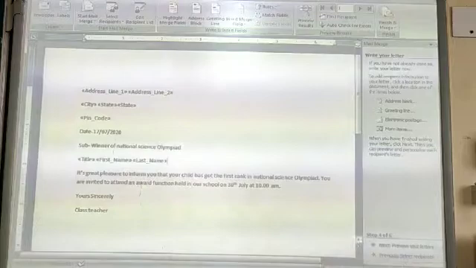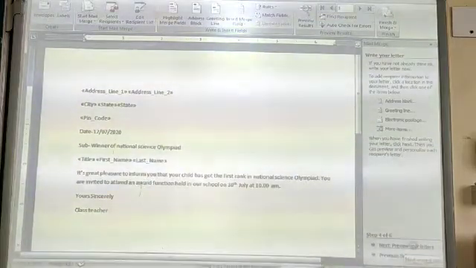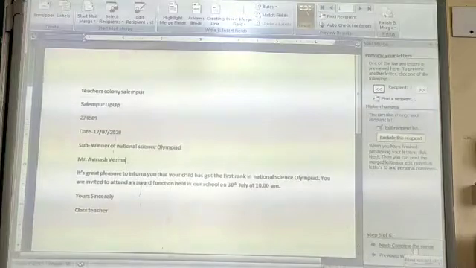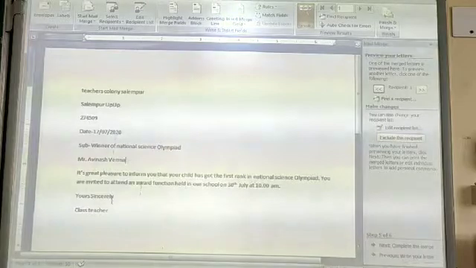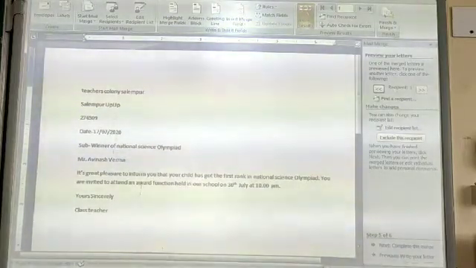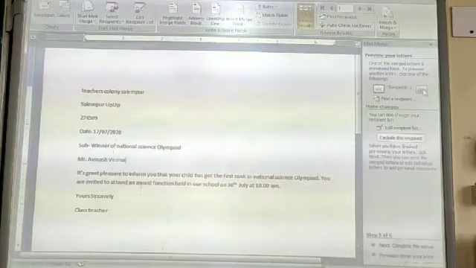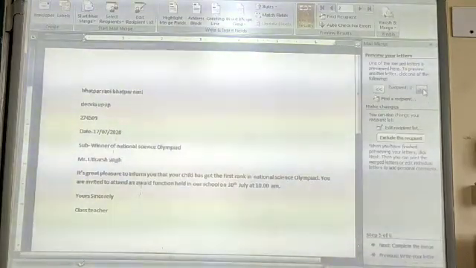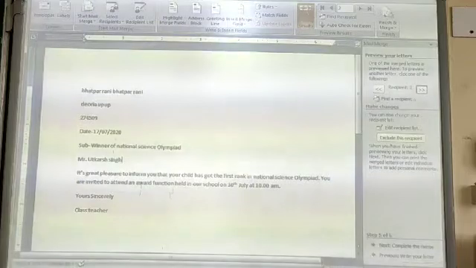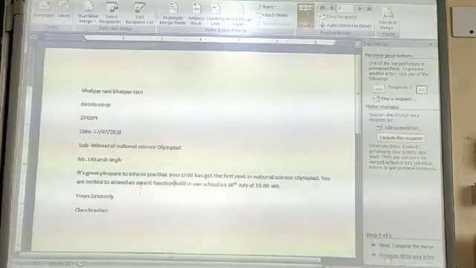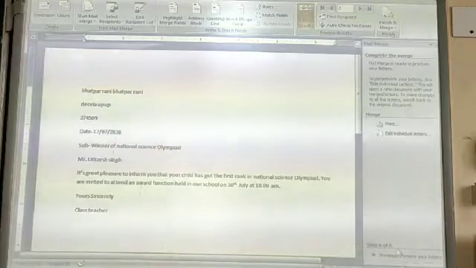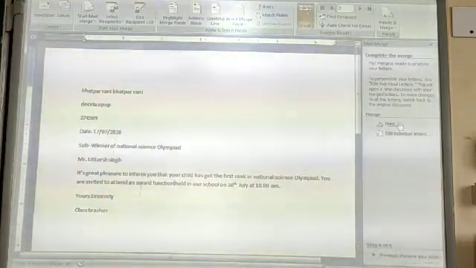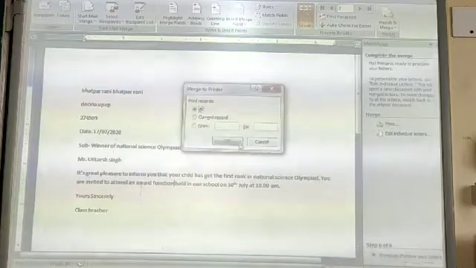This is how we have written the letter. Then we will go to the fifth step, that is preview your letters. While previewing, you can see the letter has been displayed like this. This is for the first recipient. Again from here you can see the second recipient. And if you want to make any corrections, you can do it here. Or if it is okay, you can move to the final step, that is complete the merge. Here you will get two options. Either you can print the letters